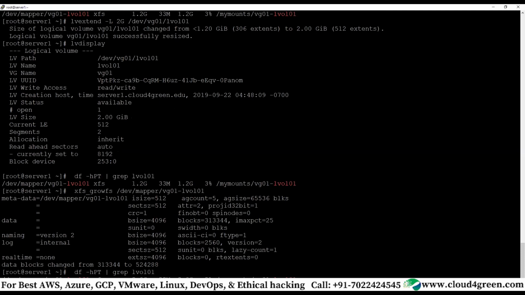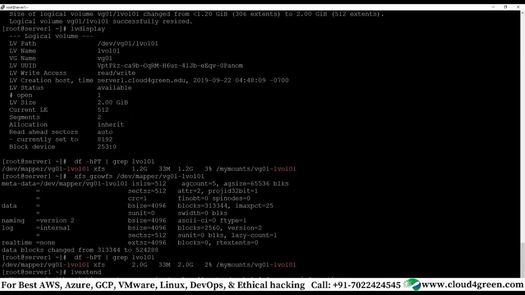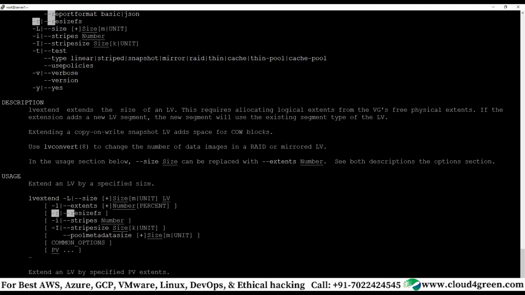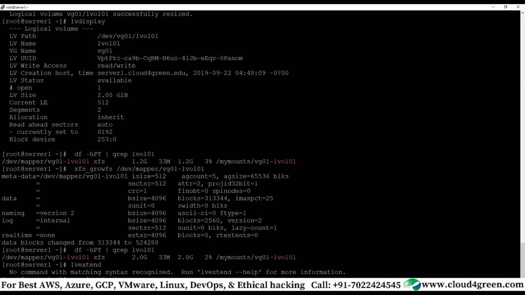Try practicing this command. There is another option in lvextend. Okay, there is another option called -r, resize fs. That means you can straight away combine these two commands together. Instead of running xfs_growfs on the file system, you can straight away use this option.